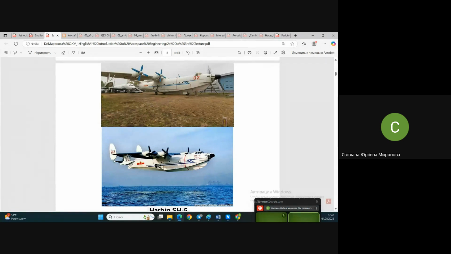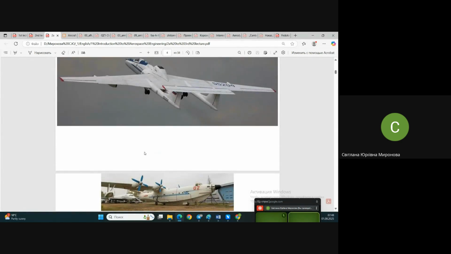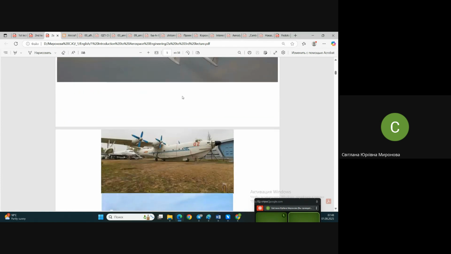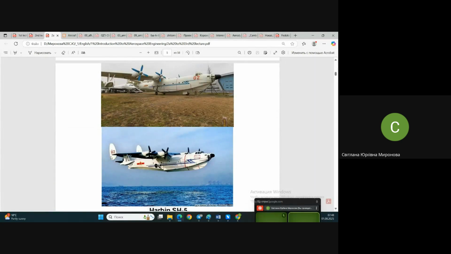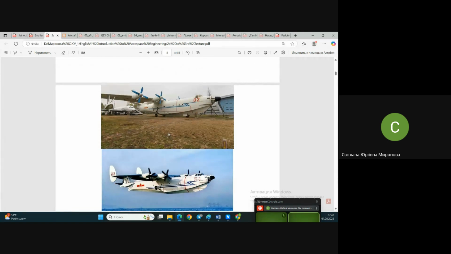And do pay attention, fins. Now fins are on the sides of the stabilizer. In contrary to what we have here, one stabilizer surface joined to two fins, to the top of two fins. Here, in contrary, fins are on the tips of the stabilizer. Next, engines. Engines again with prop, and to pay attention, maybe here we are already not with piston engines. Maybe it's necessary to check. I'm not insisting. I think it's a turbogas engine, turboprop, so called, and